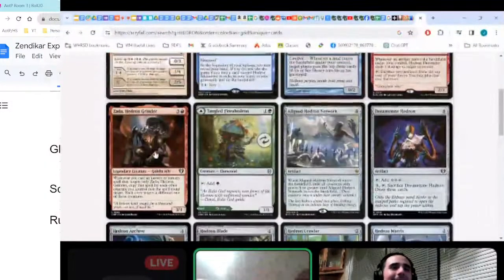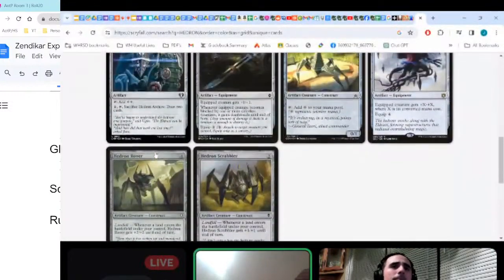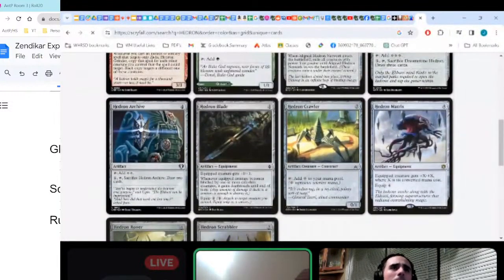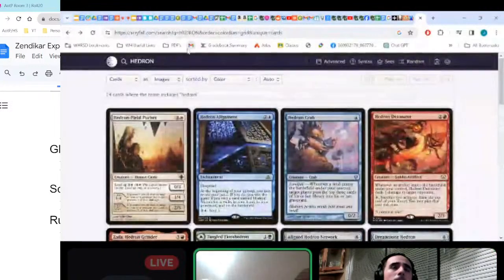But we have 8 artifacts that are representing Hedrons. This one being the most iconic. Hedron Archive. Okay. So then when we go to Cryptoliths...